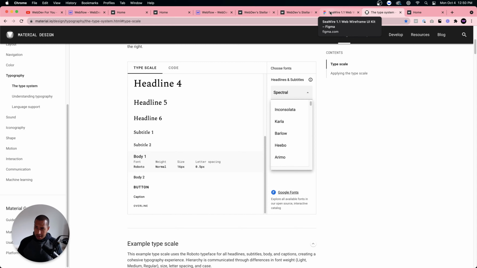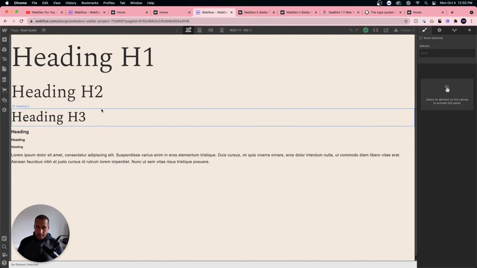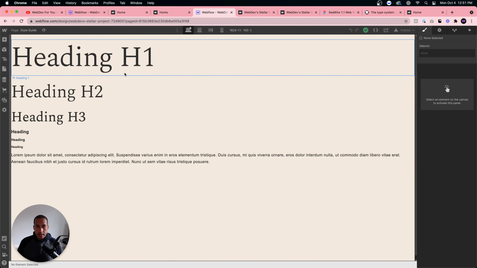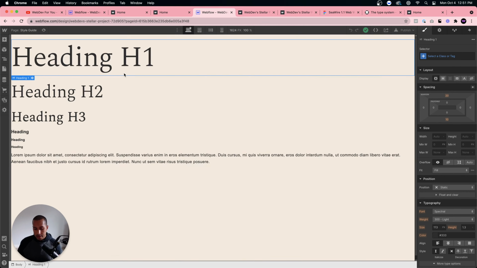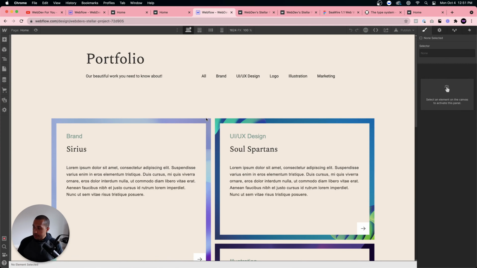I kind of harped on different units again. I don't know if I'll ever stop harping on that because there's so much to it. Maybe this week I'll cover rems and ems because I know last week I covered basically VWs on the body font, but we didn't use rems on the body font. We used VW. So yeah, but that was it. If there's any questions,